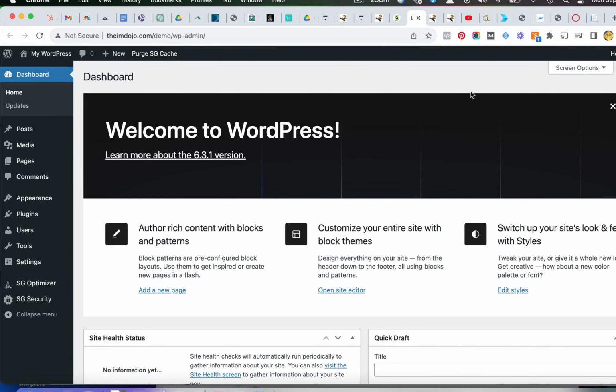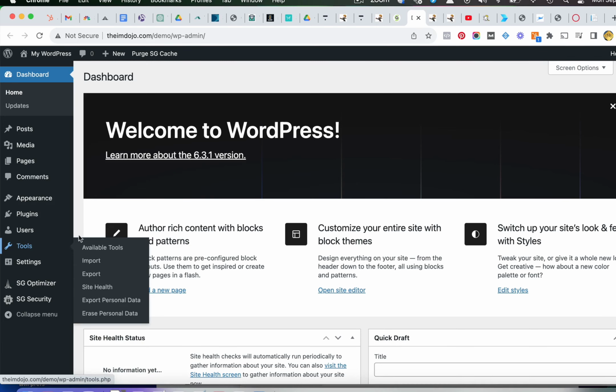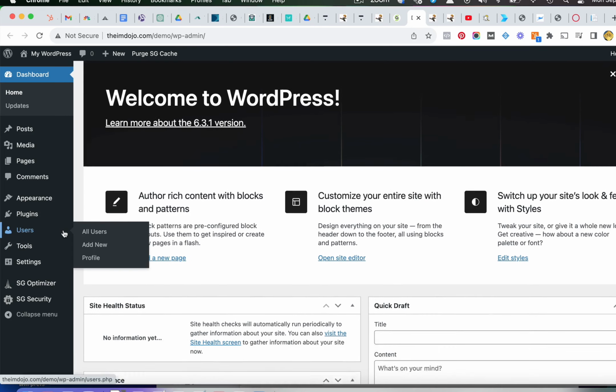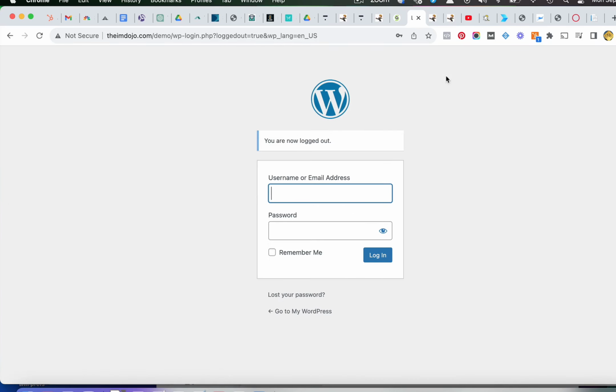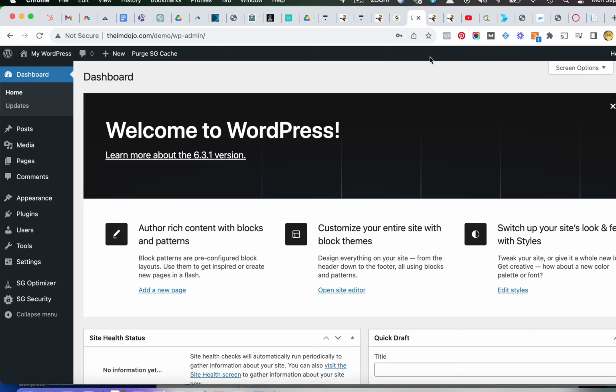So it logged me into the admin panel. So let me log out and show you the normal way you would log into the WordPress admin panel. I'm going to log out. And now here's your WordPress login screen, which is the folder that WordPress is installed in, and then wp-login.php. So I'm going to put in my username here, and then the password that I picked. And so now I'm all logged into WordPress, and here is a very clean install of WordPress.